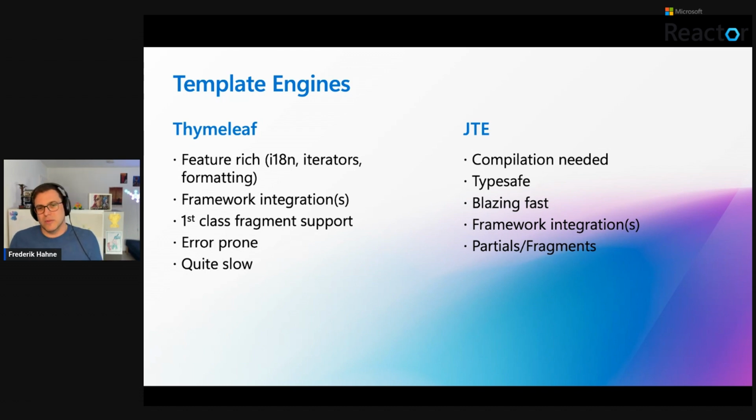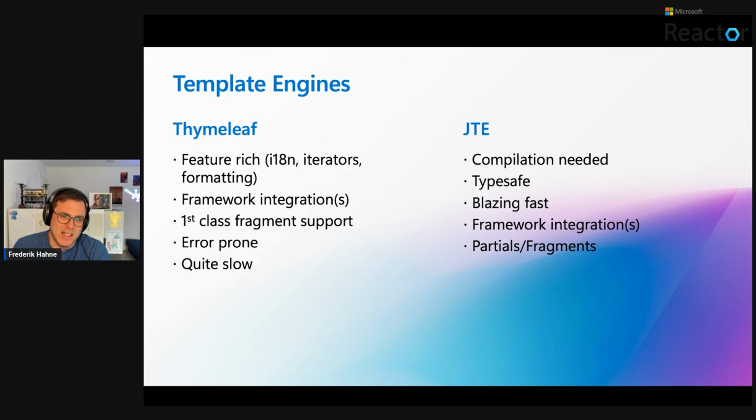If you think of what we are doing, we are now returning partial HTML. So we are returning small snippets of HTML, but we also want to use the small snippets in our page, for example. You can do that with Thymeleaf very easily to reuse these fragments. But what is bad about it, it's quite error prone because you don't have type safety, for example. You don't know what attributes the page really needs.